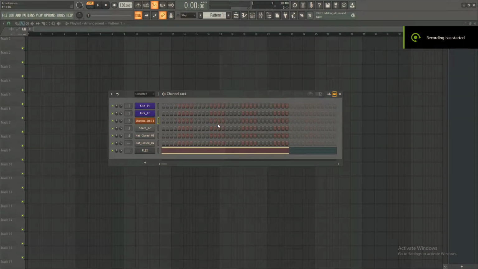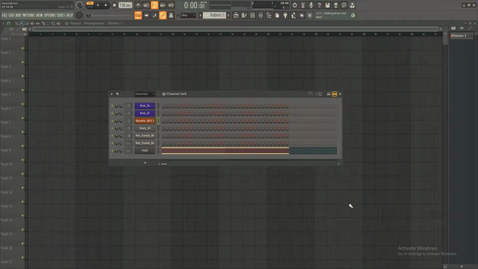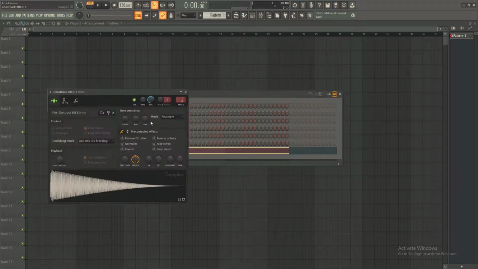Okay, so I've got set up here a little project to quickly show you a couple ways to sidechain. The first way that I've been doing for over 10 years, that a friend showed me a long time ago, is the most basic but simple, which is automatic response. One way I use it quite frequently is with kicks, snares, basses. So if I want to duck like an 808